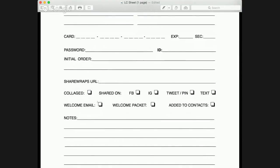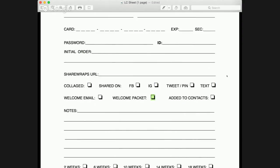Then I've got a couple other things here. So I send a welcome email to all of my loyal customers with any wrap instructions or anything that I think is important for them to know about their products, okay? Customer service, so important. Then I send them a little welcome thank you card. Now, these are not things that you need to do, but these are things I do to be thoughtful. So my loyal customers get a handwritten note that simply says, thank you so much for becoming a customer. It costs me 49 cents to send it, and I think it is well worth it